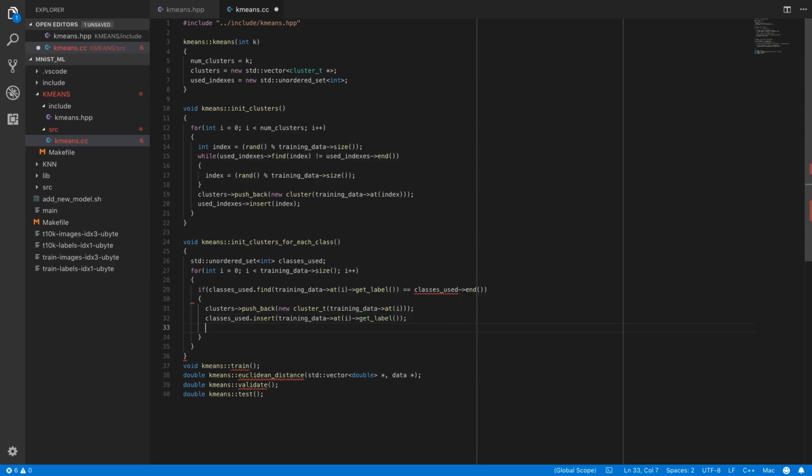Okay, and then used indexes insert i. So we still need to keep track of what index we've used in a particular class, regardless of whether we used it in